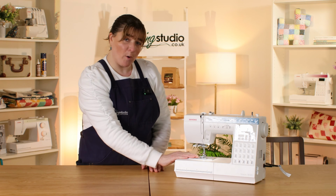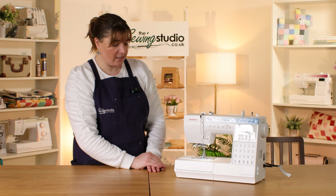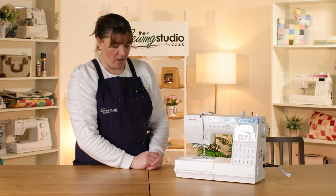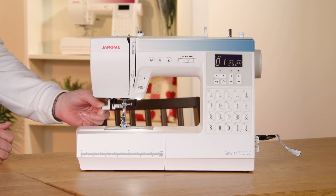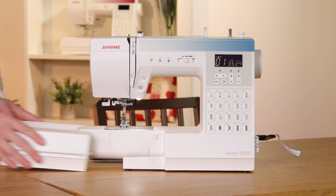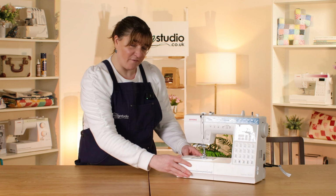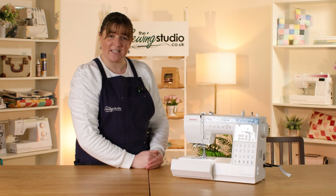It has a drop-in bobbin system and a quick set, so no need to draw up the bobbin thread. And you can drop the feed dogs for any free motion or darning work. It also has a built-in needle threader. It's got a free arm, so you just pop off the accessory tray, and there's your free arm. And in the front of the accessories tray is storage for all the different presser feet and accessories that come